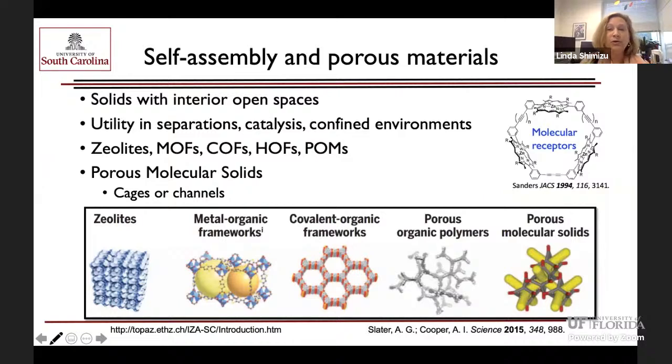Some of the things that we were quite excited about were this idea of being able to control the interior space to do catalysis. And so the host-guest community has done phenomenal work in this area. Here's an older host from the Still group, where you can control the size and shape and functionality that point into that interior. And so we wanted to combine that type of control with an assembly that would give us a larger porous structure. And so like zeolites, we have tiny pores that range in the nanometer and sub-nanometer range,